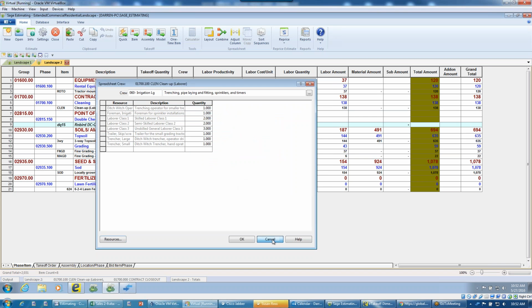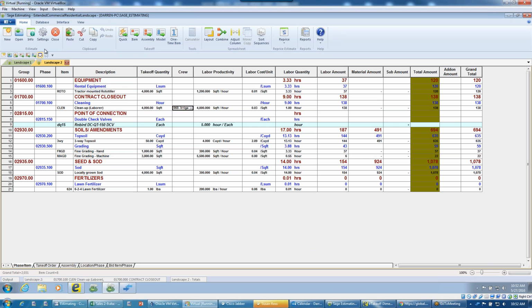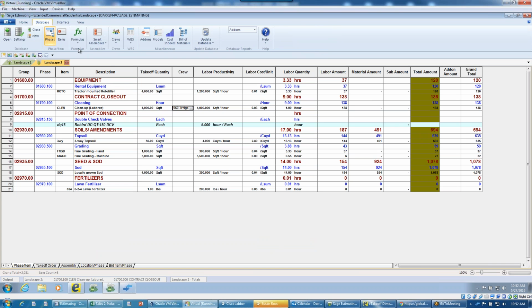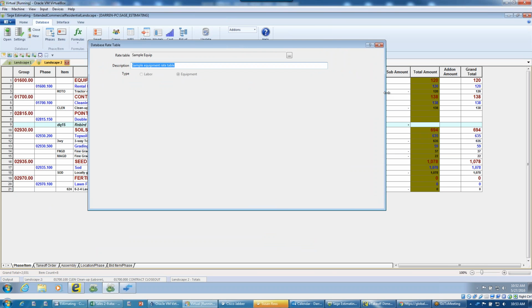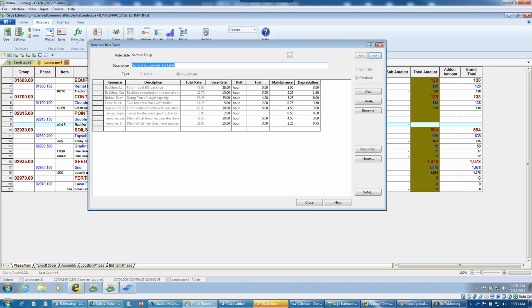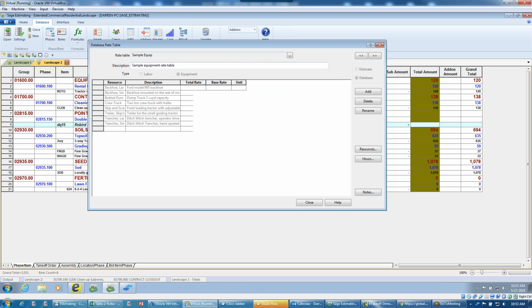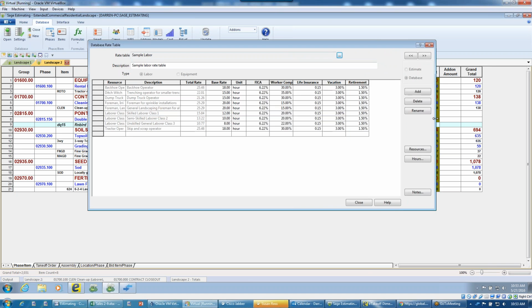That's a good question. So when we look at this, they are stored in your database. So if I go into my database here and I look at my crews, not my WBS codes, I can look at these rate tables right here. Now you can have as many rate tables as you want, right? So it's up to you, but in this case, we've got labor, and then we've got all the burden that's associated with that labor in here, right? We got our backhoe operator, here's their total rate, here's their base rate, plus all of the other burden items that we have here. So it's stored in your database and can be applied to your items,